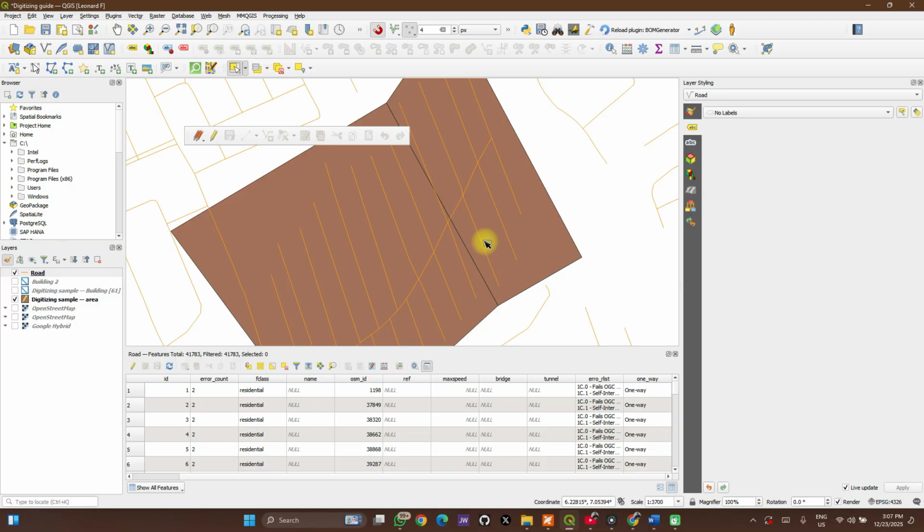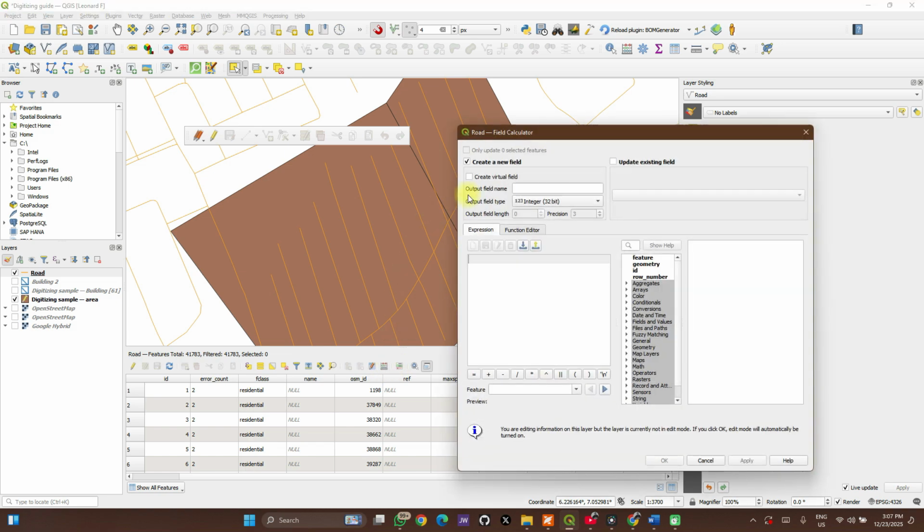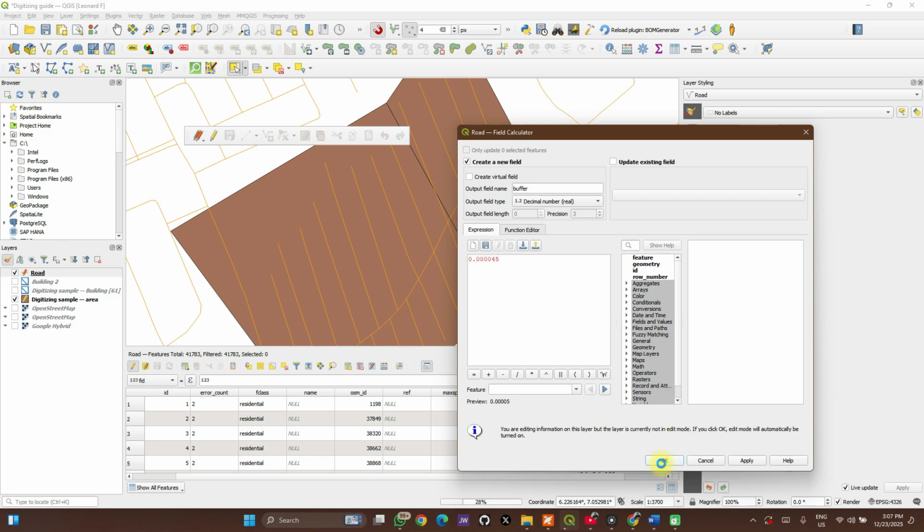The tricky thing about this is that your data is supposed to be stored in degrees, decimal degrees, and not in meters. So if you convert 5 meters to decimal degrees, you'll be having something like 0.00045. Okay. So let's just add a new field called buffer, set it to decimal real, and enter 0.12345. Yep, click on OK,